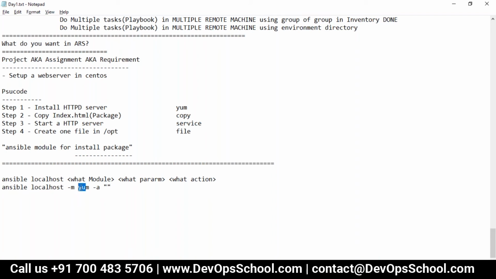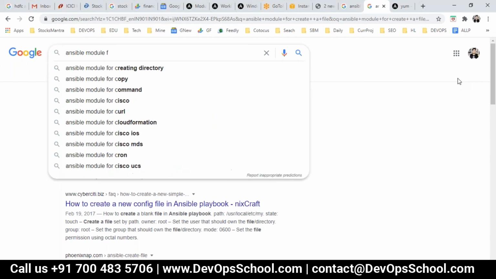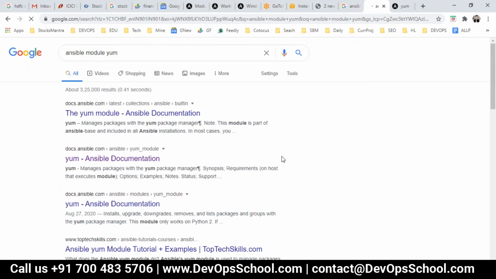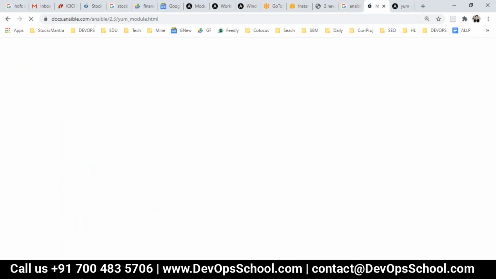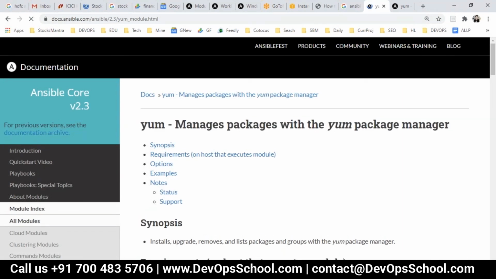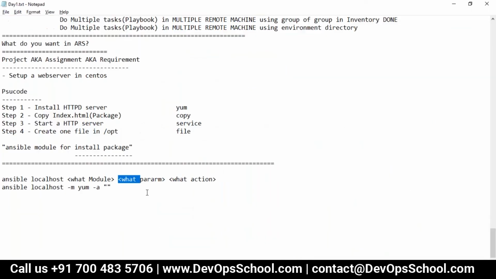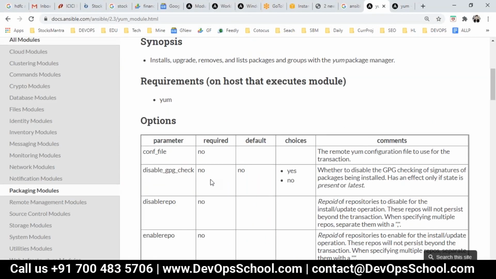Module is yum, but the parameter is important. So what I will do is I will go to the yum module and read its documentation. Guys, let me tell you, you can read the command line documentation also, but I'm not showing you that because that is not friendly. Google is available, let's use that only. Same documents you can find on the command line also. The command is ansible-doc, but right now I'm not complicating.